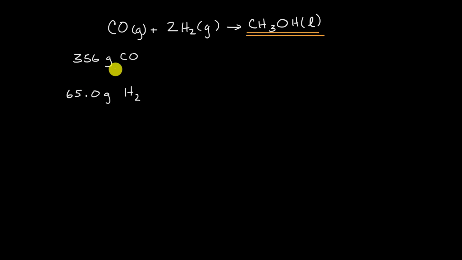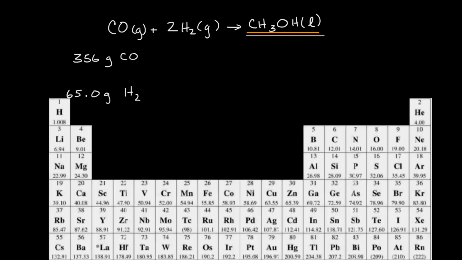So let's say we have 356 grams of carbon monoxide and 65.0 grams of molecular hydrogen. Pause this video and based on this, figure out how many grams of methanol we will produce. Well, a good place to start is by converting this amount of carbon monoxide and molecular hydrogen into moles. And so to do that, we can take out a periodic table of elements, and the molar mass of carbon monoxide, you can look at the molar masses of carbon and oxygen and add them together. So 12.01 plus 16,